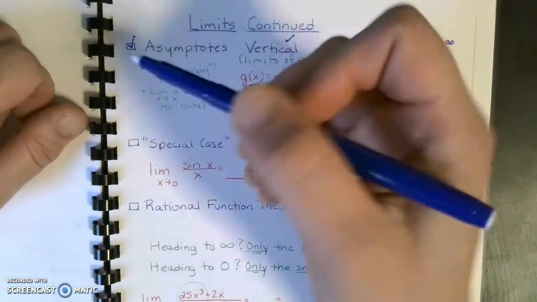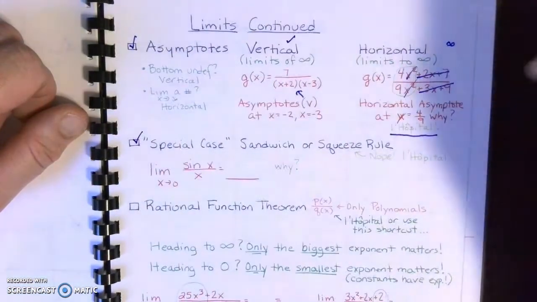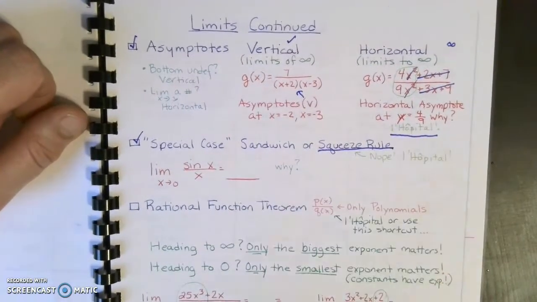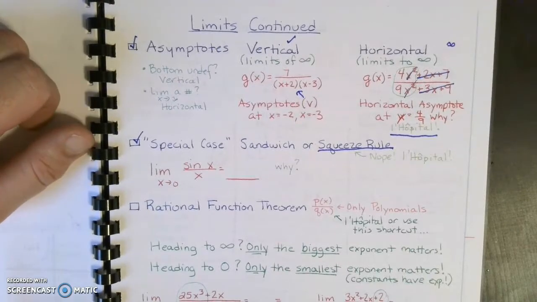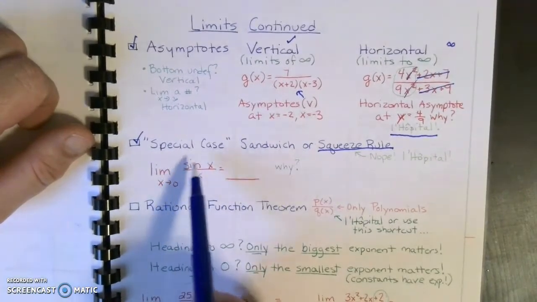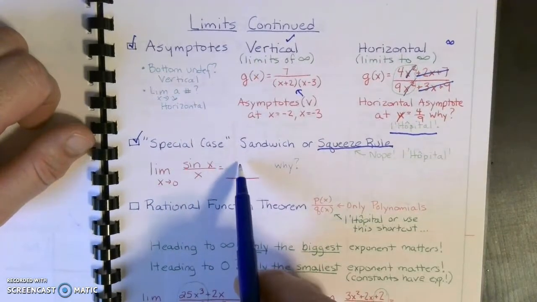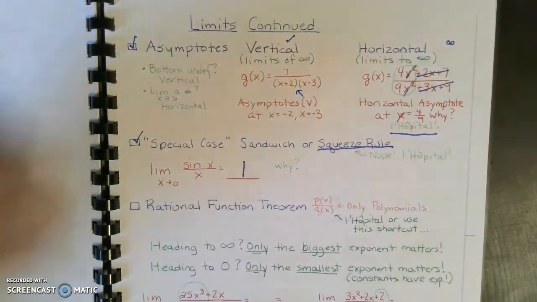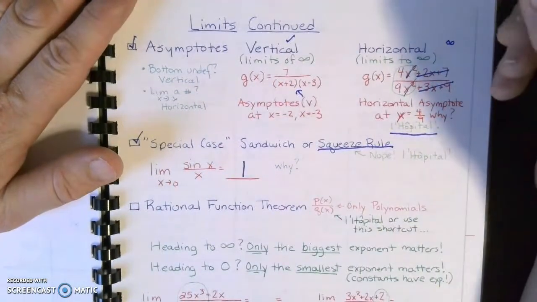In the past, they wanted you to use on the AP something called a special case problem, which is called the squeeze rule. And the squeeze rule allowed us to prove that certain functions reach certain things. For example, I know if I graph this, the limit as x approaches 0 of sine x over x is equal to 1. And the reason I know that,